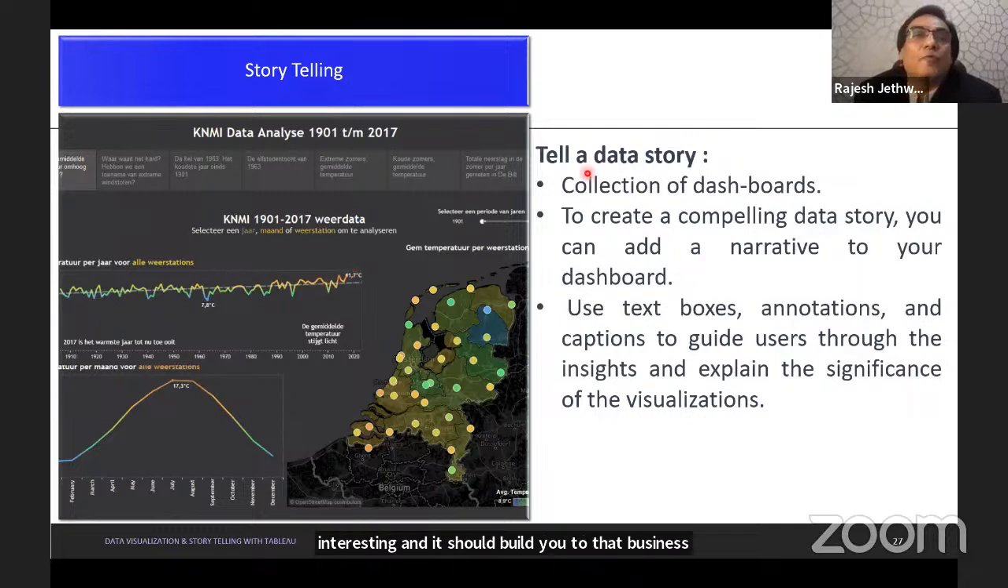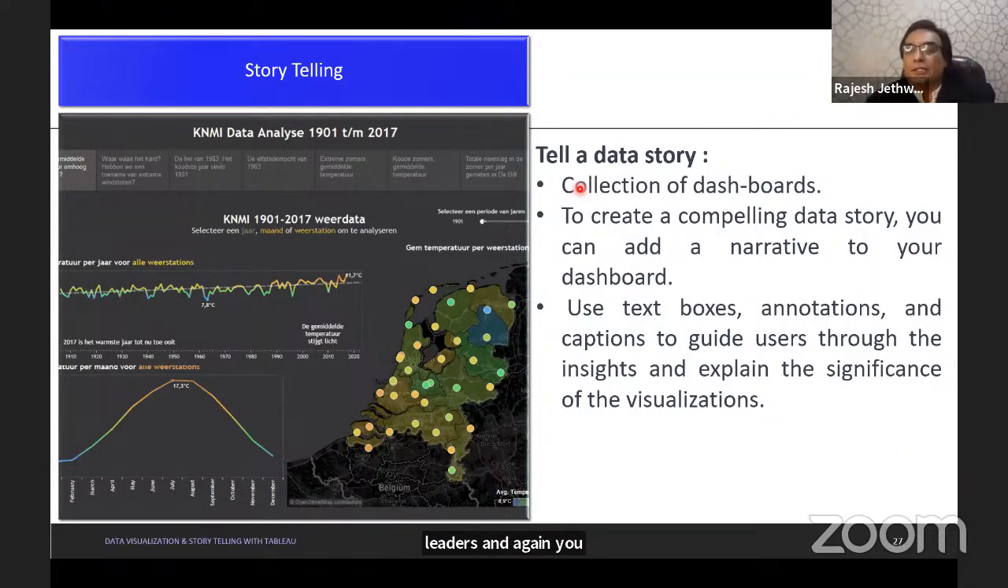So what is storytelling? Storytelling is again the collection of various dashboards. Suppose we are talking of one industry, you can create one dashboard about sales, a second dashboard about marketing, another about resources, and another about location. That way you can create multiple dashboards and then present a more logical story to the business leaders. And you can create one more dashboard about the critical issues and the issues requiring intervention,